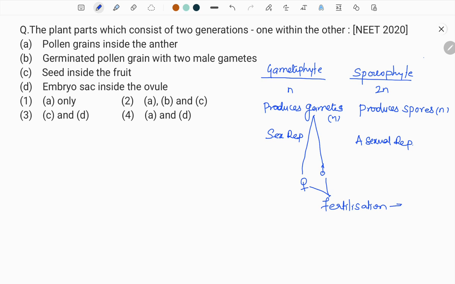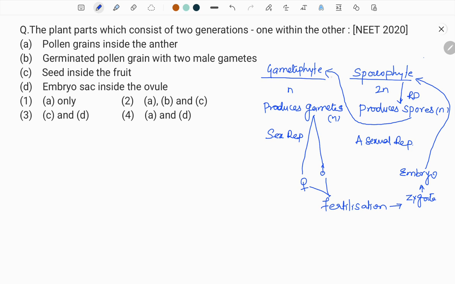After fertilization, that leads to formation of the zygote. The zygote will develop into embryo, and this embryo will develop into the sporophyte. This sporophyte produces spores by meiosis, the reduction division,